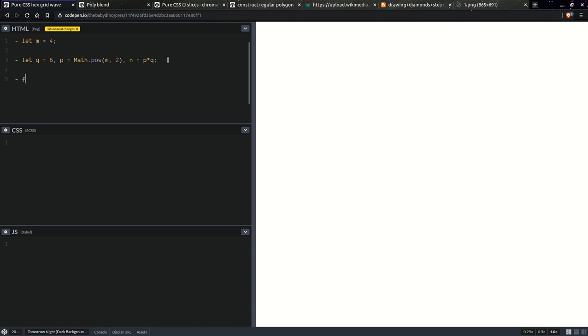So for i going from 0 all the way up to n, incremented at every step, we're going to have a triangle element, and in its style attribute we'll be setting an index, and this is going to be its index on the grid. So every triangle on the grid is going to have a unique index, and it's going to be this value. Okay, now having done this,